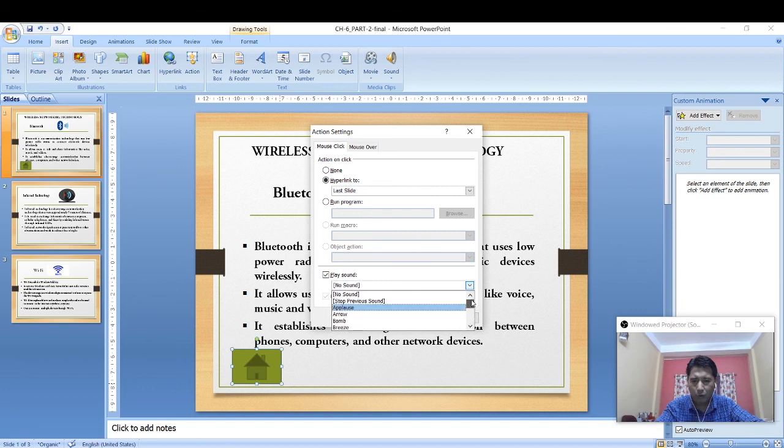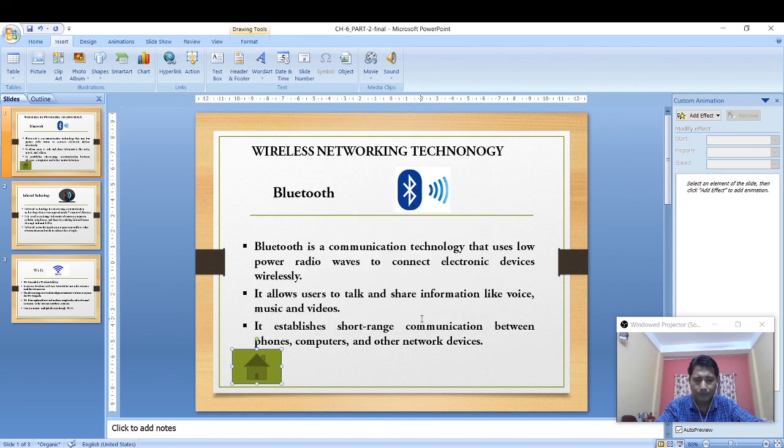Just scroll the scroll bar, and as you move from one slide to another, the sound will be played. Finally click on OK button. Now if you want to format this action button, go to the format tab at the top,